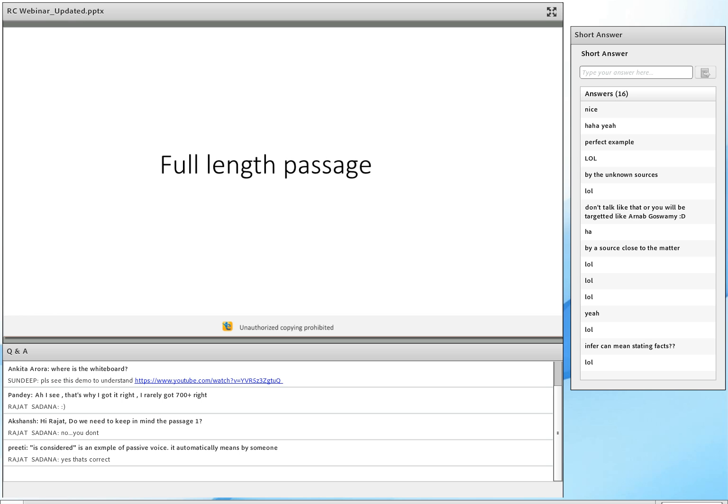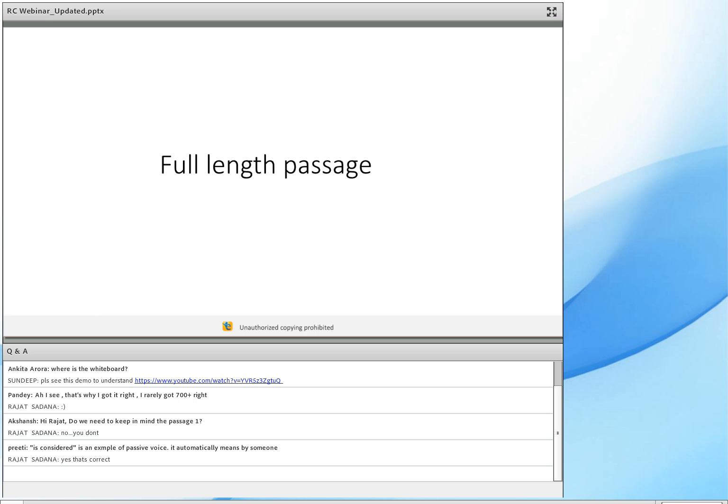All right. So with that, let's go to the full length passage over here. And I want to thank Ritvik who says, don't say otherwise you'd be targeted. Yes, thank you for that. I think it's okay to state facts, and sometimes you've got to be targeted. Why? Because you have to really state what's out there.